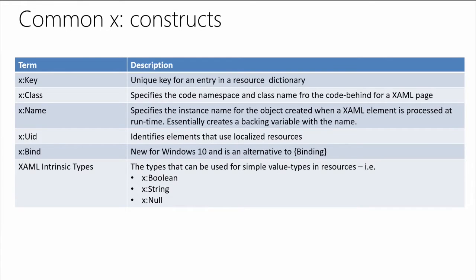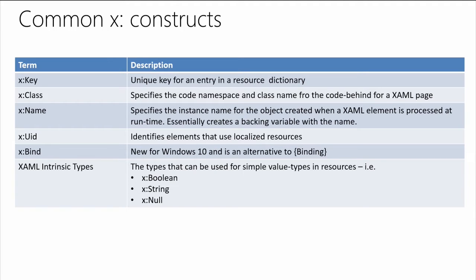And I think it's worth at least saying, even though they're not next to each other, Key and then the third one down, Name, those are friends of each other. They are friends. Yep. They don't do the same thing precisely. They certainly are a place of confusion at first until you understand how exactly they work. x:Name is representing the field, the actual value in the code behind. So if you have some sort of class that you are instantiating or somehow creating or declaring inside your XAML, you're going to give it an x:Name, and it's going to have a field that you can reference then in